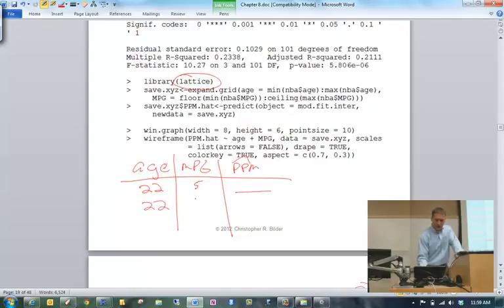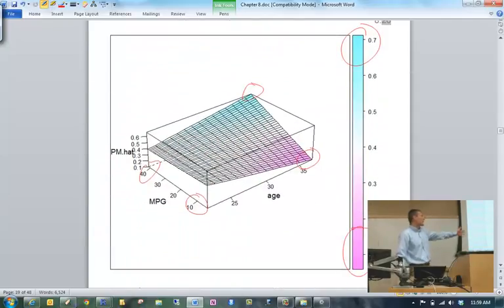And then at age 22, go to minutes per game of 22, find ppm hat. And do this for all possible values of age and minutes per game. Once I get all this together, then I can say wireframe, plot all these ppm hats, plot the ages, plot the minutes per game, and I also have some other arguments that you can take a look at yourself, such as color equal true, that allows me to colorize what's on the plot.